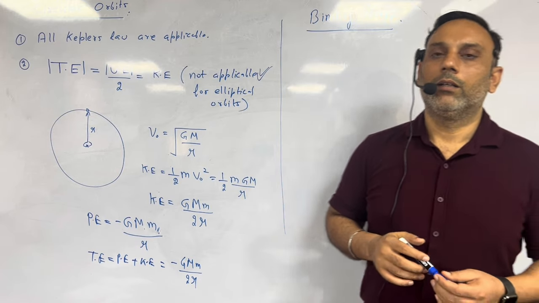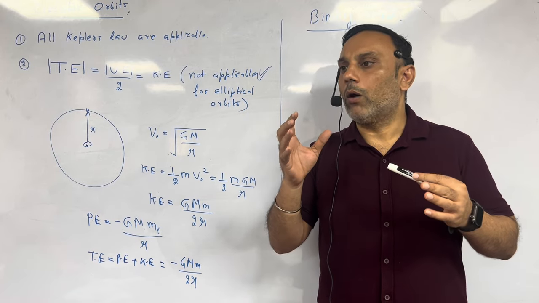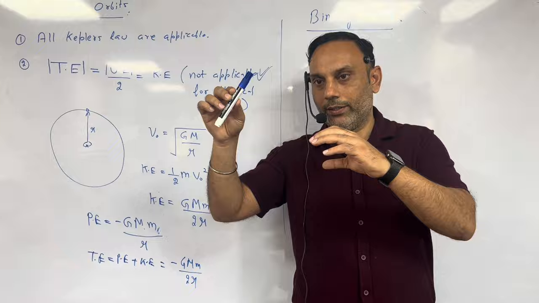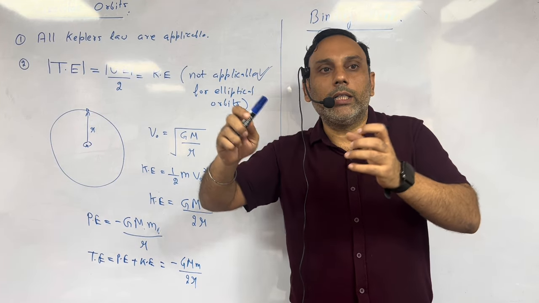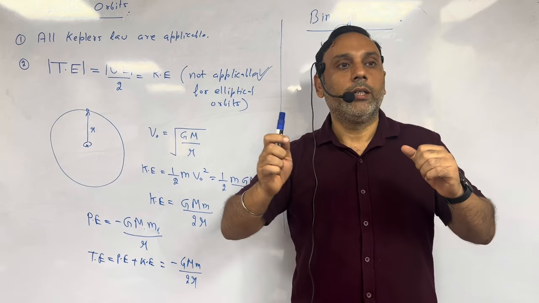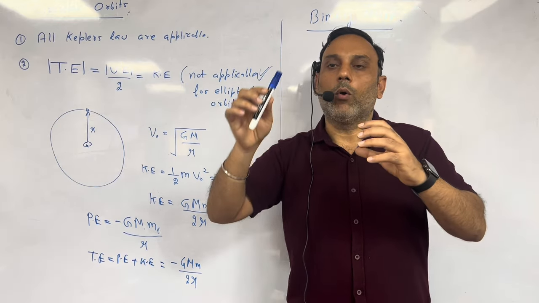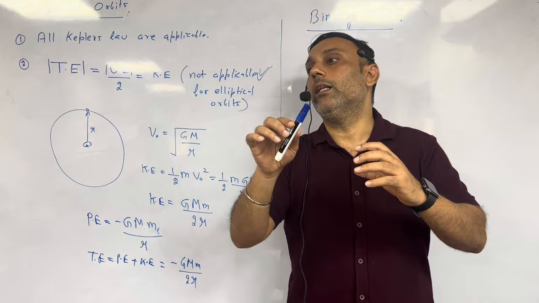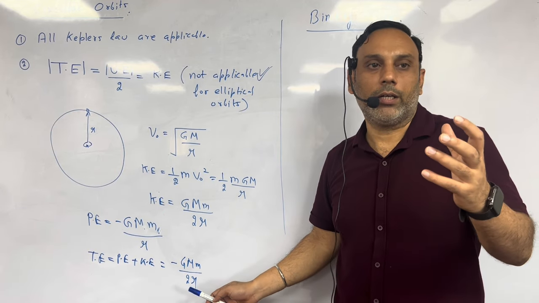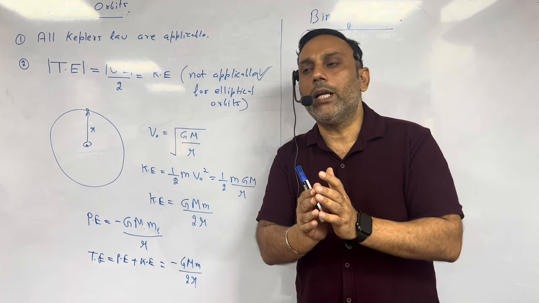See, beta, whenever the total energy of a system is negative, it means that system is in a bounded state, right? If we are talking about a satellite and a planet, by assuming potential energy at infinity to be zero, if the total energy of a satellite is negative, it means it is in a bounded state. So if we want to overcome its gravitational pull, we have to make its total energy zero.